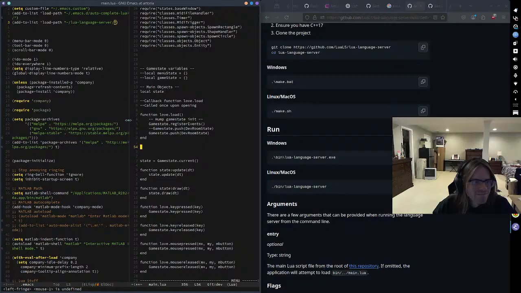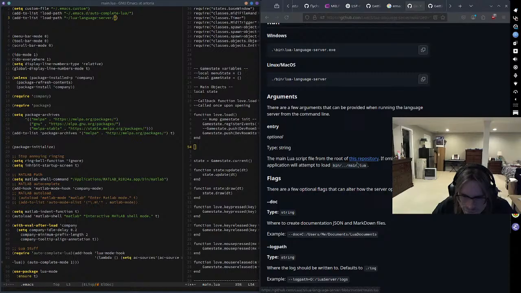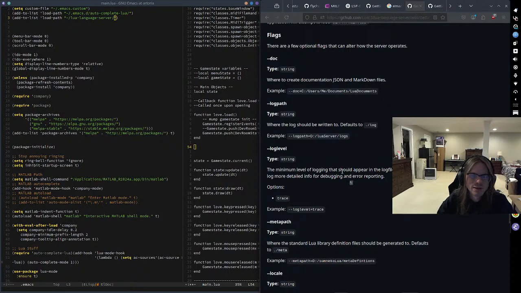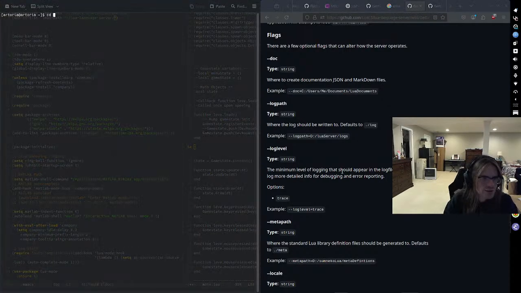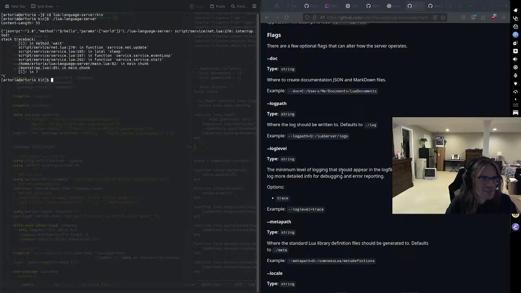Let's see. The main Lua script file from the root of this, the application will attempt to load main.lua. But it's not main.lua. I can literally go to Lua language server, bin, and then just do Lua language server. And I don't know if that means it's running or what, but